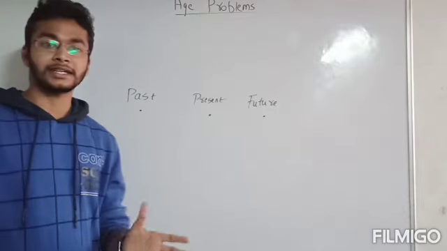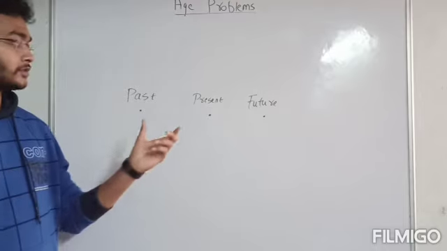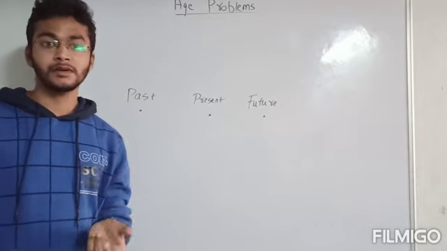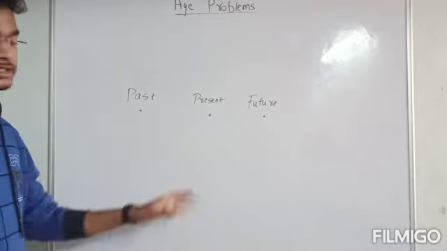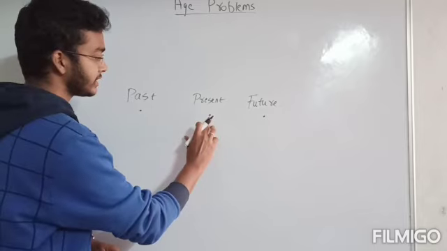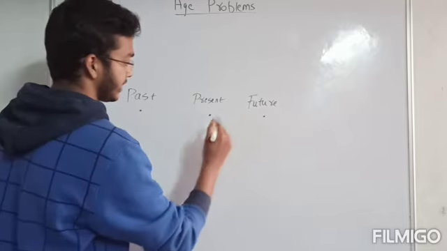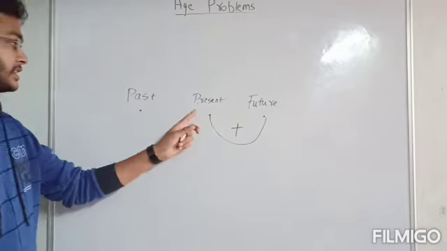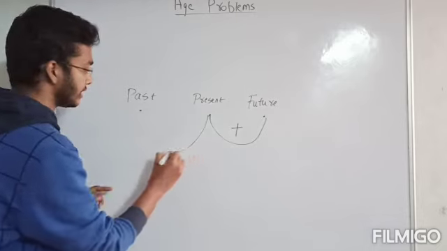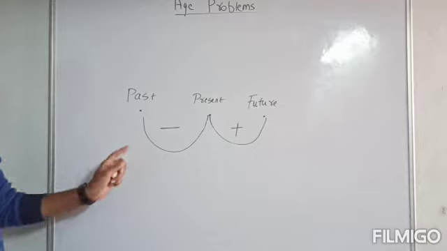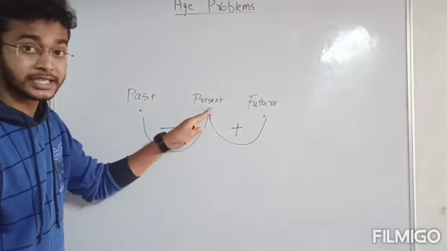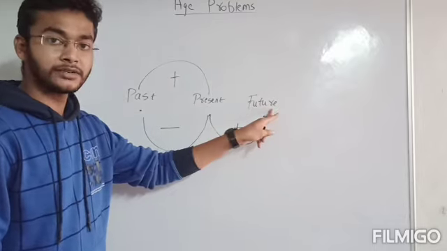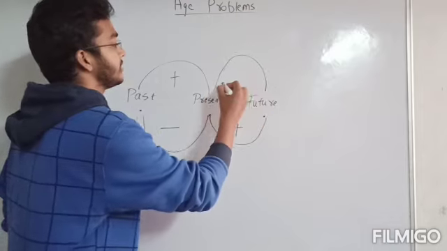Now I am going to teach you a pattern or a network which exists in most of the comparison type of problems, and this pattern is a very important step to solve a problem in a better way. So let us know this pattern. If someone's present age is given and it is asked for the future age, then it generally means addition. In the same way, if the present age is given and asked for the past, it generally means subtraction. In the same way, if the past age is given and asked for the present age, it means addition. And if the future age is given and asked for the present, then it means subtraction.